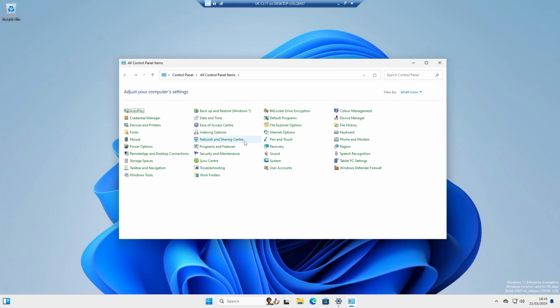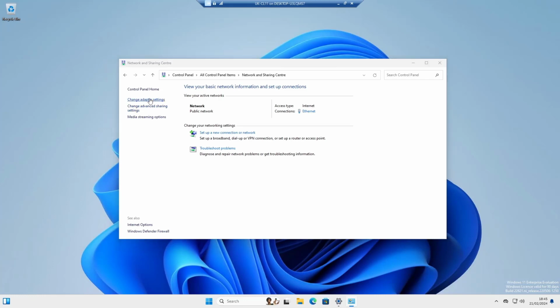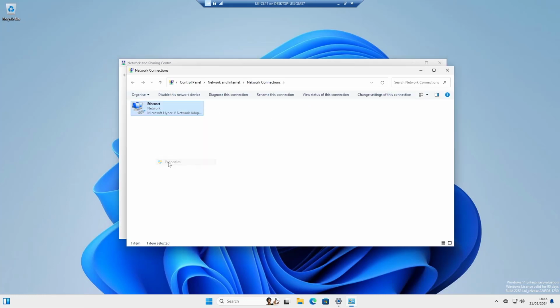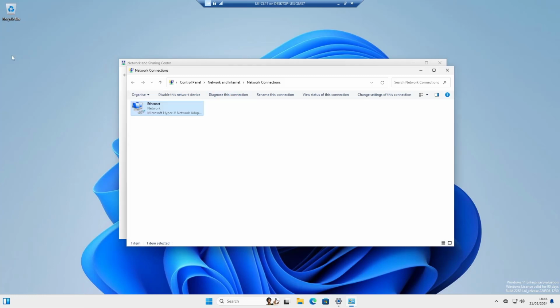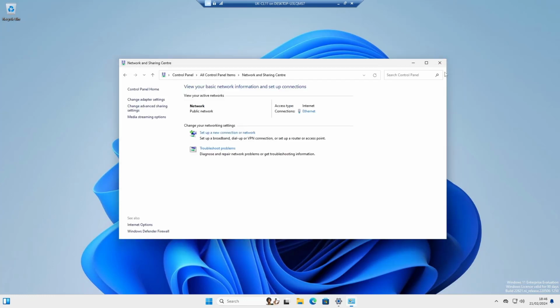And we're going to go to our network and sharing center. We're going to change our adapter settings, go into the properties, and make sure that our IPv6 is disabled. Also, if we can go to our IPv4 settings, we're going to make sure that our IPv4 is set manually to IPv4 for our DNS server assignment. So to do so, we're going to go to